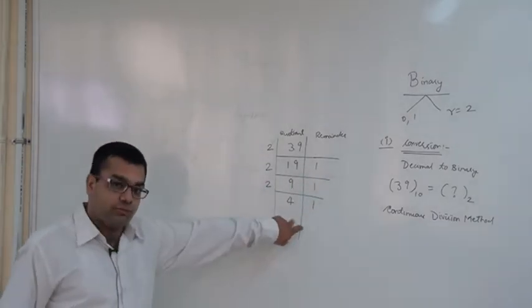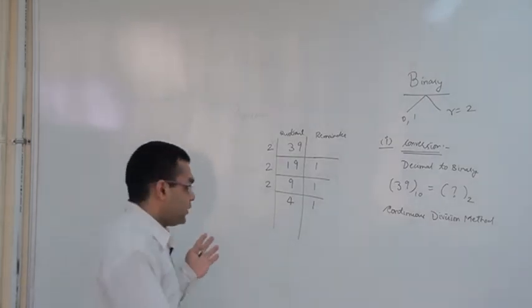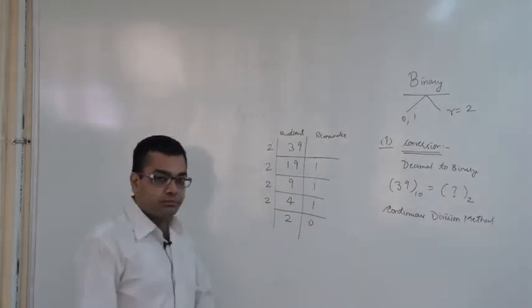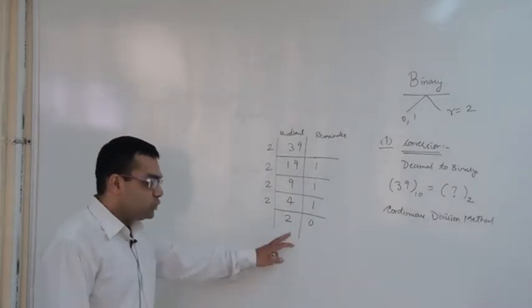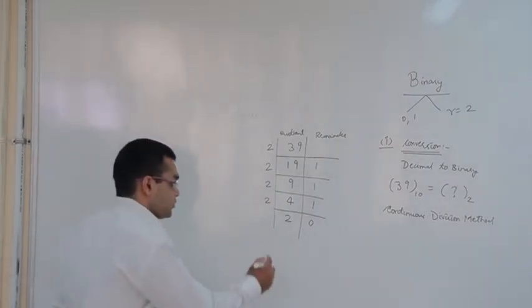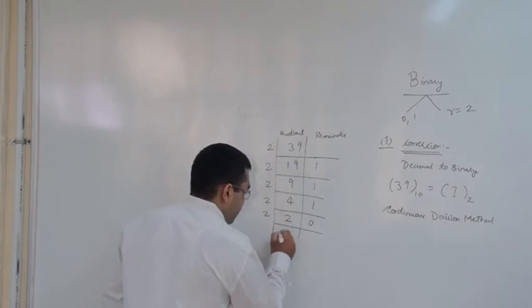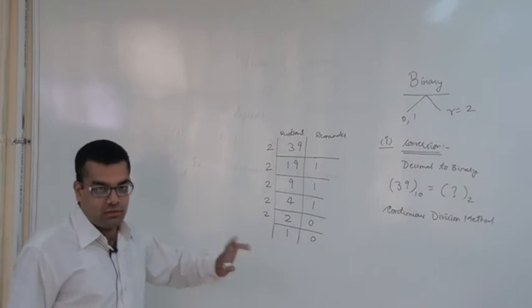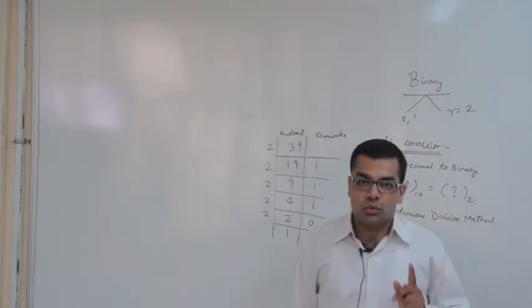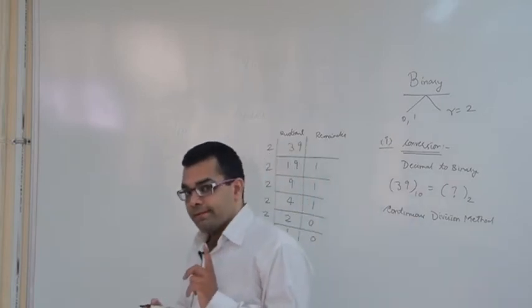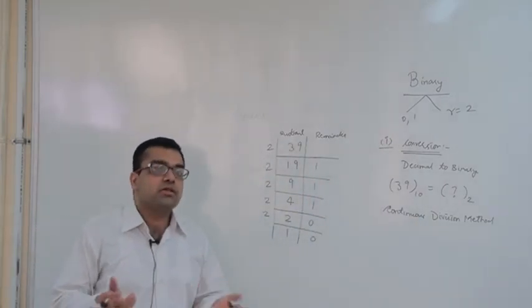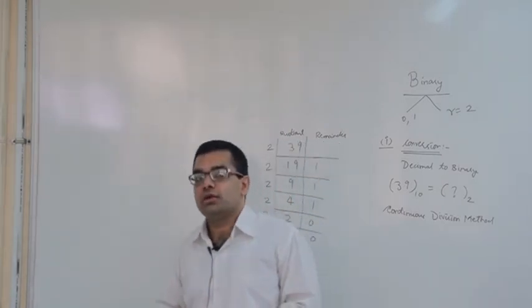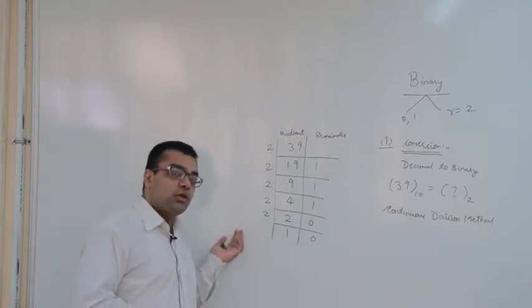Now you can see over here 4, that is completely divisible by 2. So we divide, remainder is 0. The quotient is 2, still it can be divided, so we again divide. Now remainder is again 0. Now we have reached a stage where remainder is 0 and quotient is 1. Now 1 cannot be divided by 2 because that's the general rule of mathematics, for any number x dividing y, y has to be greater than or equal to x. Since 1 is smaller than 2, we cannot divide further.